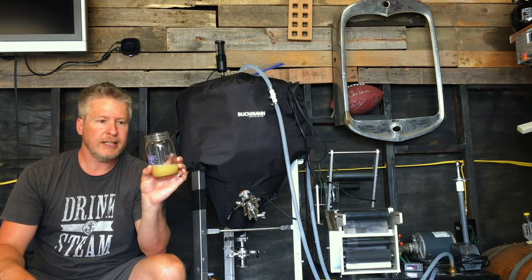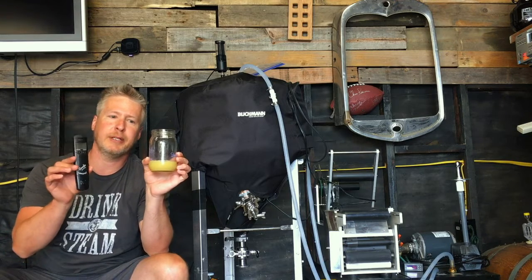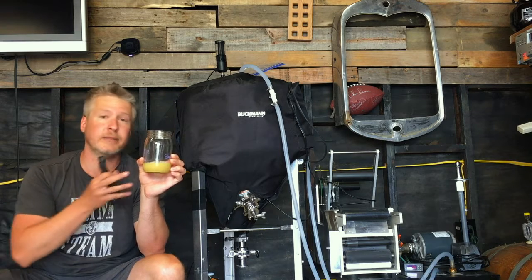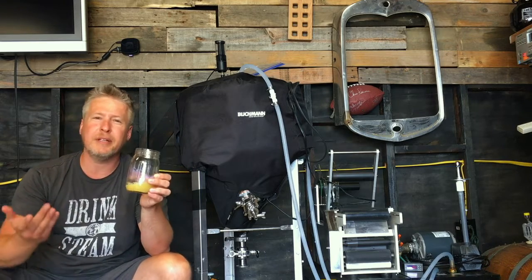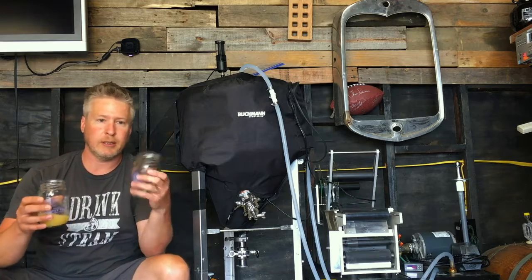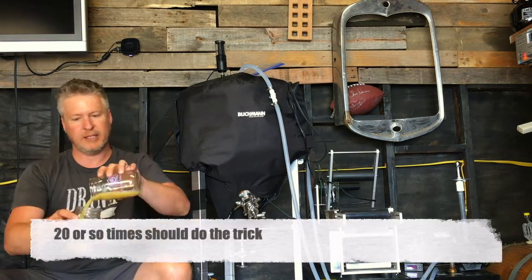So now our next one is degassing. We don't want to just necessarily stick our pH meter in this because there is residual CO2, whether this is an active fermenting beer or even if it's already hit terminal. So what we want to do is degas. There are a couple methods. You could run it through a coffee filter, or you could sit here and just pour back and forth. And that...